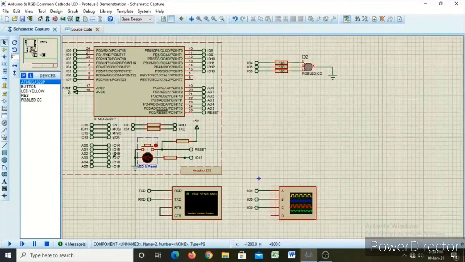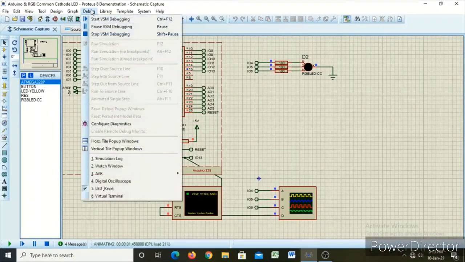Moving to the schematic capture, we run the simulation. Here we can observe that the LED is blinking for the definite time period as specified by the code. To observe the square wave, we need to connect an oscilloscope. For that, we have to stop the simulation. To connect the oscilloscope, we connect pin D of the oscilloscope to IO pin 13 over here, and then again run the simulation.